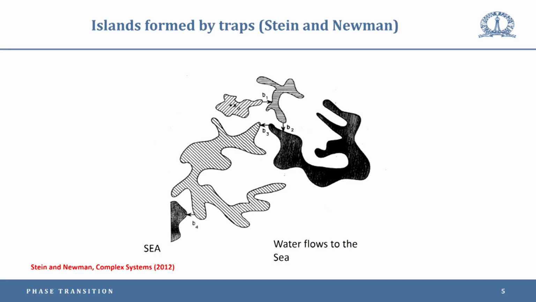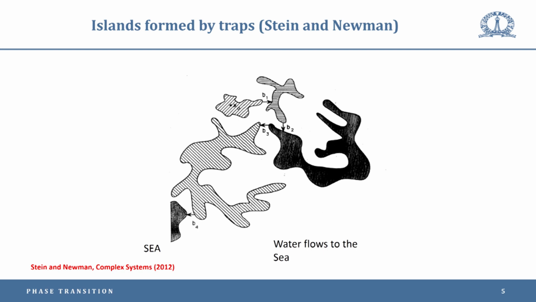Okay, this slide I didn't have yesterday, and coming back to where quantum and one dimension, there is an intriguing similarity between classical and quantum. So, this is the example I talked about, islands formed by traps. These are two famous mathematicians, Stein and Newman, Courant Institute, and they are saying: you start here, can you go to the sea, and if you have only narrow channels, then they showed that in 1D like that,